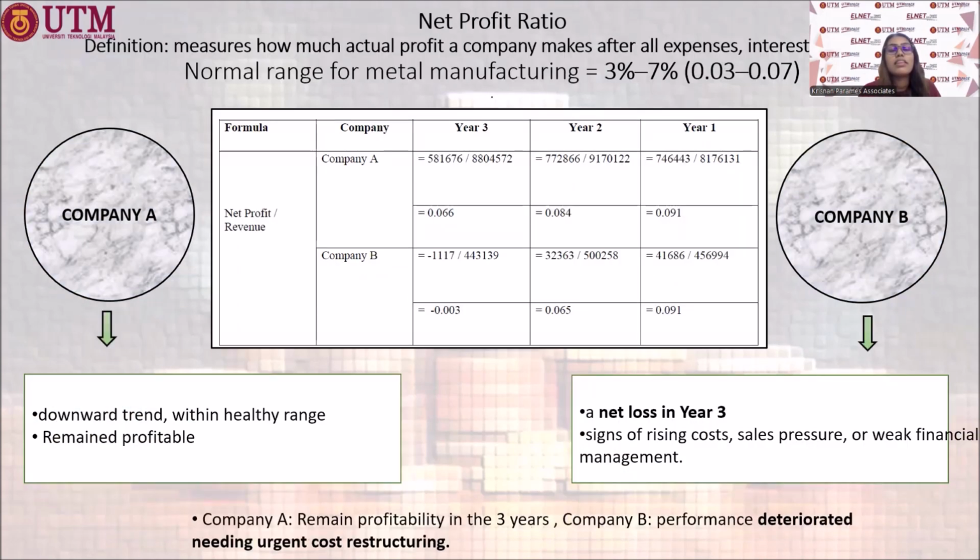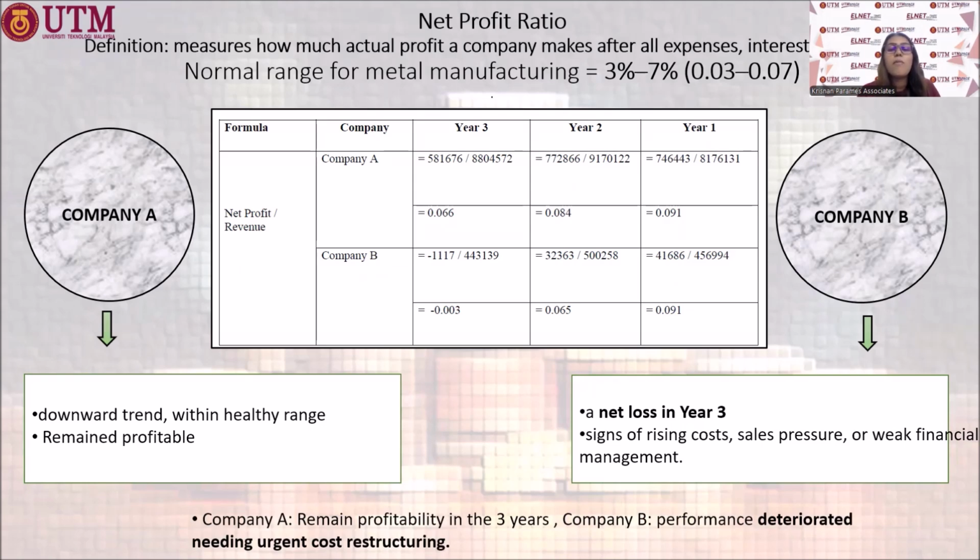Now, let's look at the net profit ratio. It measures how much actual profit a company makes after all expenses, interest, and taxes. The normal range in this metal manufacturing industry is 0.03 to 0.07. In company A, there's a downward trend from 0.091 to 0.066, but it's still in a healthy range, so it remains profitable. In company B, there is a net loss in year 3,